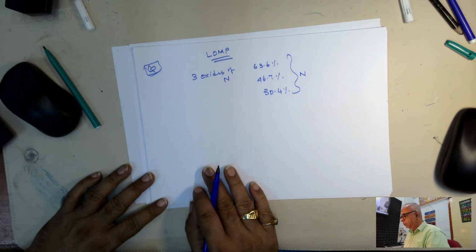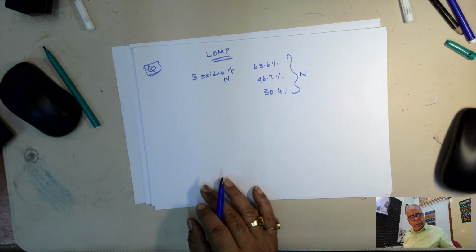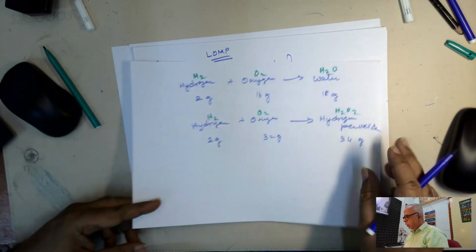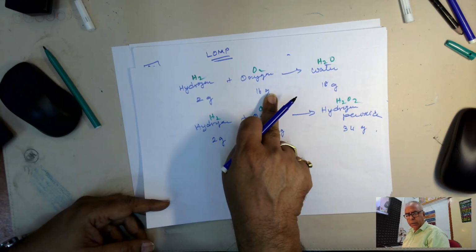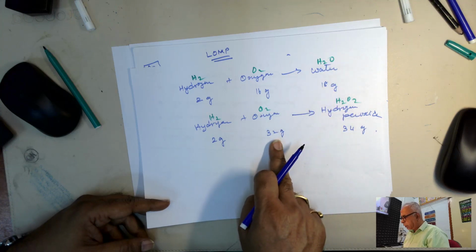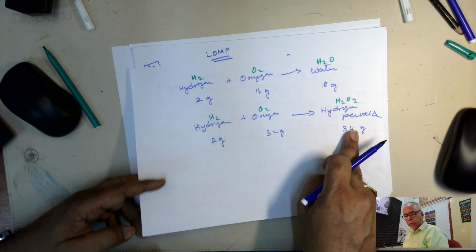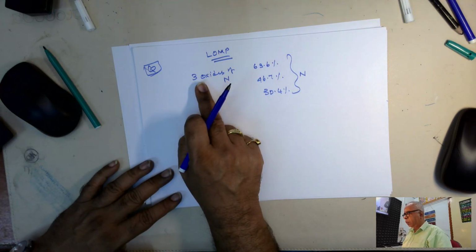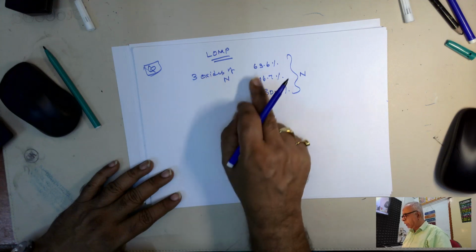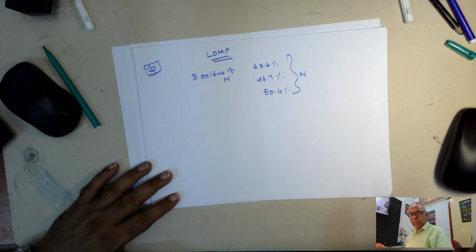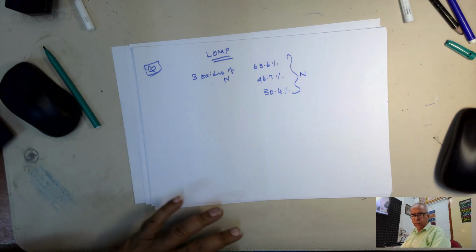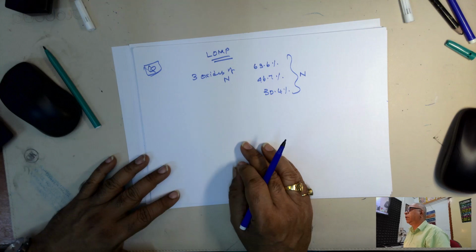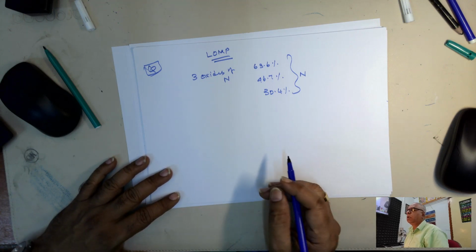So three oxides contain different percentages of nitrogen, as in the case of oxygen in water and hydrogen peroxide, right? In this case, it contains 16 grams in the case of water, whereas here it is 32 grams in the case of hydrogen peroxide. Similarly, you've got some nitrogen and different types of oxides, and these oxides contain different percentages of nitrogen, and that is why they are giving different oxides of nitrogen, right? Now, with this, we need to illustrate the law of multiple proportion. Let us go one by one.